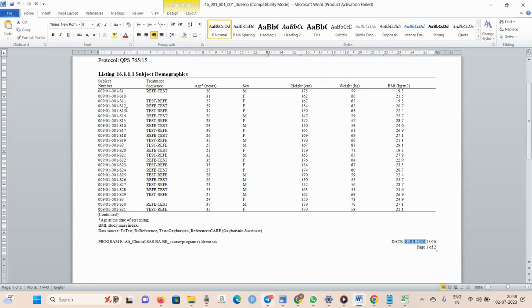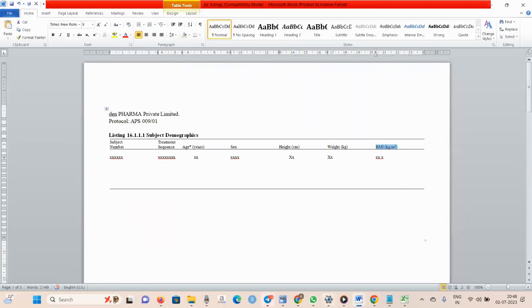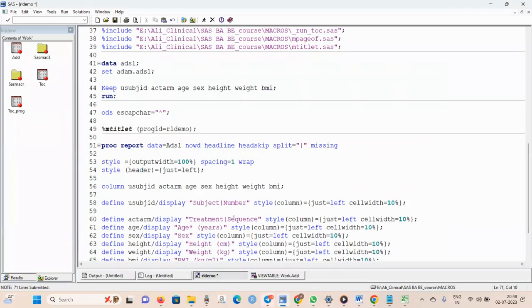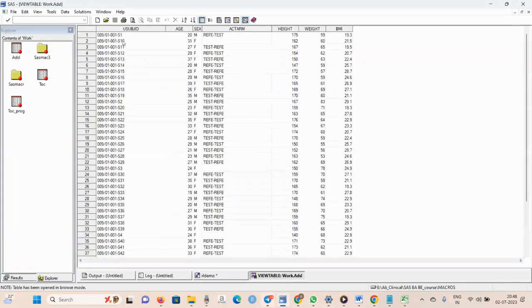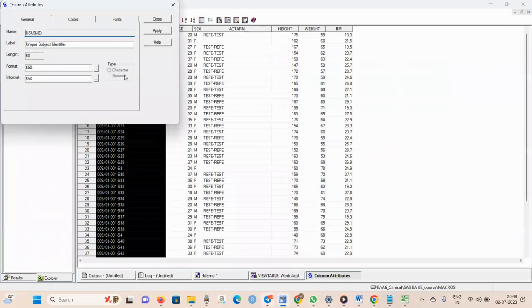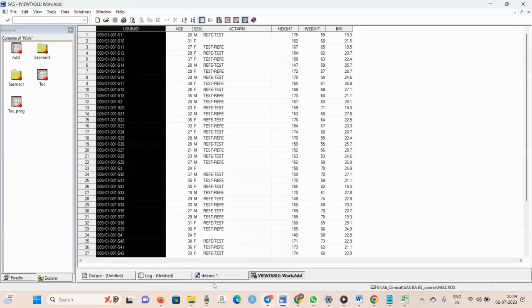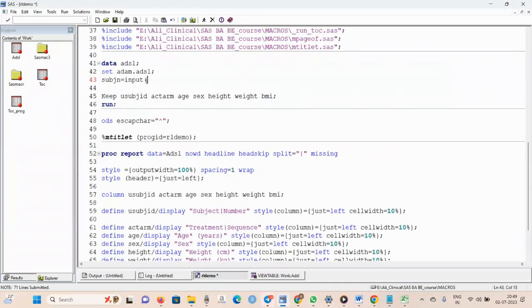For that reason, we need to create one more variable. So you close this one. You need to create here. I'm creating one more new variable for numeric. Okay, subject 10 equal to. Because only numeric you can sort, right? Because this is the character format. So for sorting purposes, we need to change it to numeric, so unique subject